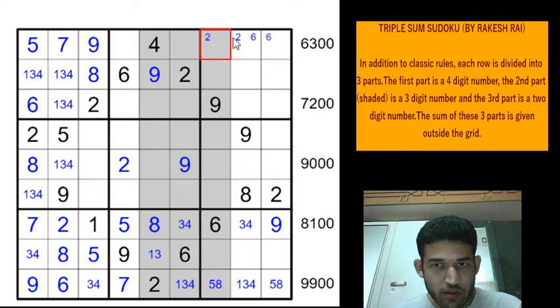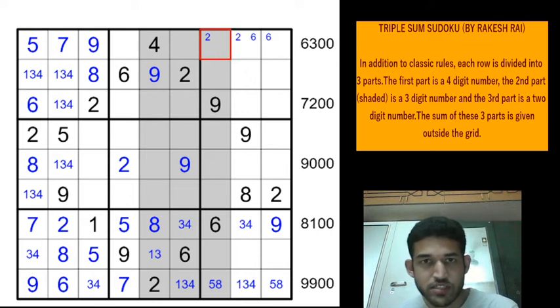So now we'll make use of these pencil marks. Let us assume this cell is 2. Then these two cells should add up to 8 to get the digit in the units position as 0, which is not possible. So when you have a 2 here, these two cells should add up to 8, which is 1 and 7. 1 and 7 is not possible, or 2 and 6. 2 and 6 is again not possible because we have placed the 2 here, and 3 and 5 is also not possible. So this is not a 2, and this is a 2. So this will be a 6, because 6 will be in one of these two cells. So this is a 6.